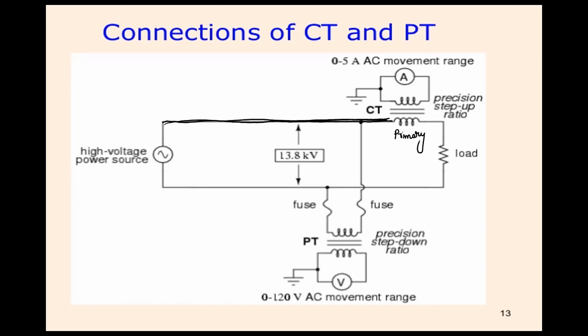Similarly, this is the PT connection. This is the primary of PT and secondary of PT is connected in this case to a voltmeter. Understand? So likewise, CT is connected in series and PT is connected in shunt. Okay, here they have shown for measurements. The same connections you can make for relay also for protection. Understand? This is the connection diagram of CT and PT in any one phase. So such three connections will be there for R phase 1, Y phase 1 and B phase 1. Understand?